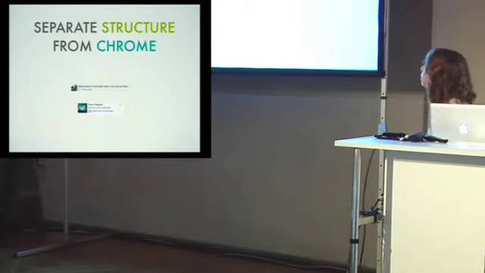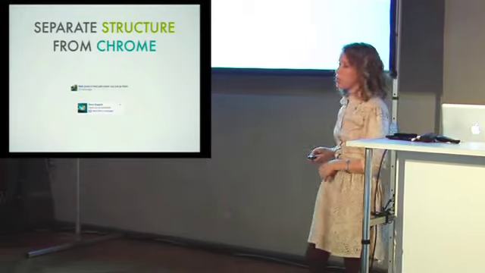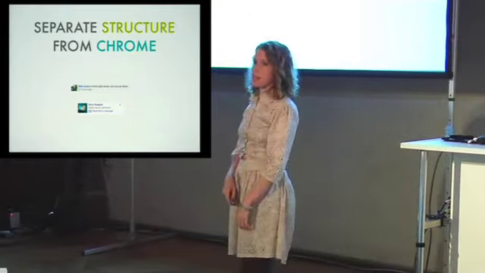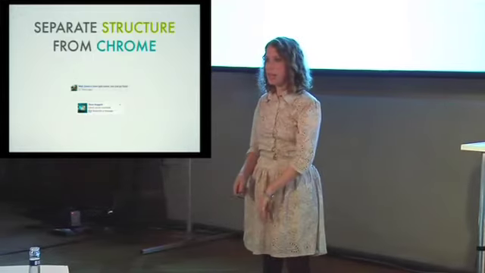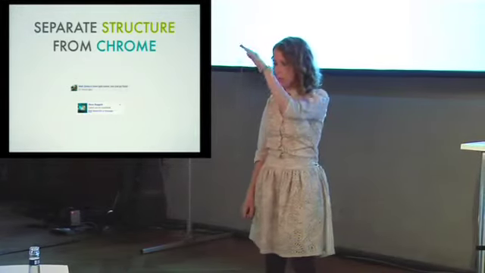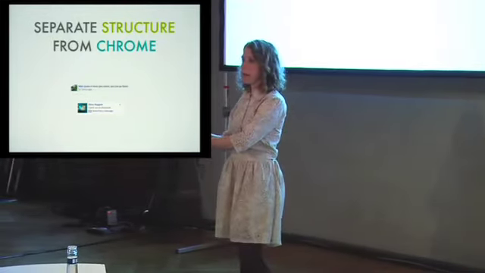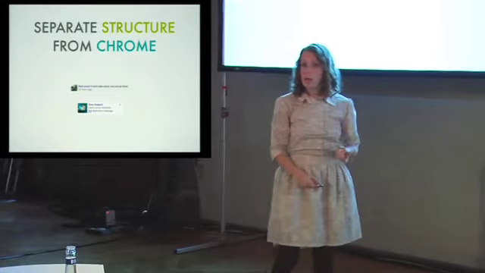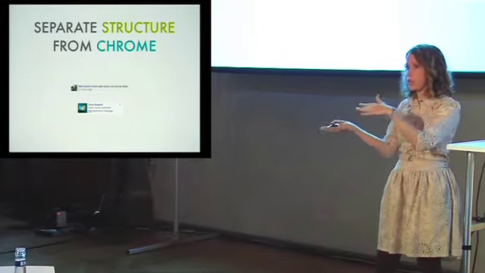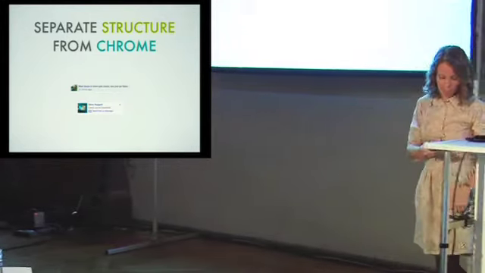We also want to separate chrome from structure. It's a little hard to see on this slide, but these two media objects actually have a different background color. Now, the typical way we've written CSS is that we have one thing that we really like. We're like, oh, good, the code for this is perfect. And we say, oh, but we need a blue one. So we copy-paste the entire CSS over, and then we change the white background color to a blue background color. You absolutely don't want to do that with your components. You want to basically take off that layer, which is just chrome, and apply that sort of like a mix-in to the base object.